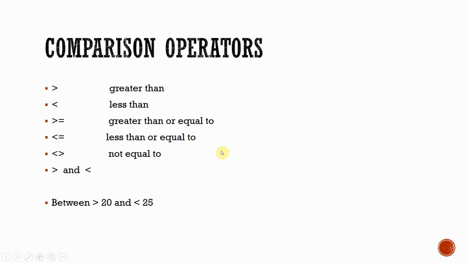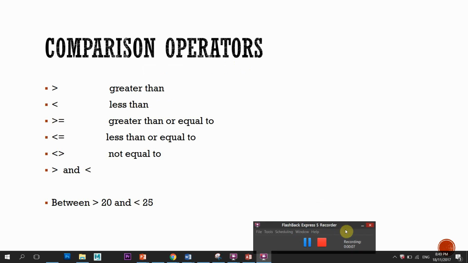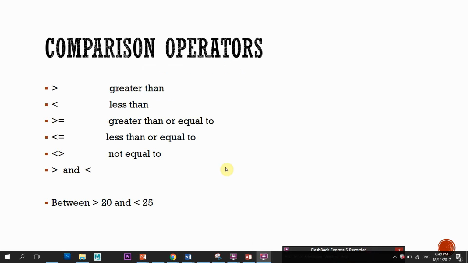So now we are at comparison. We can always query our database using some comparison operators. We have the greater than, so it might be greater than a value, greater than a certain price, greater than a certain date, etc. Less than, so normally you will hear before a certain date or less than a certain